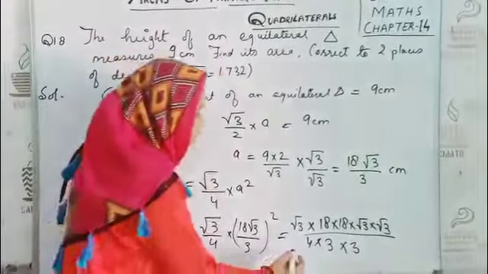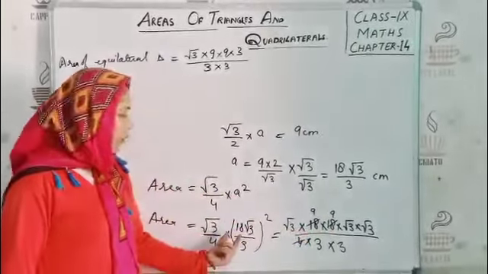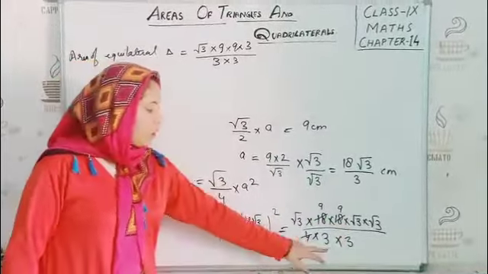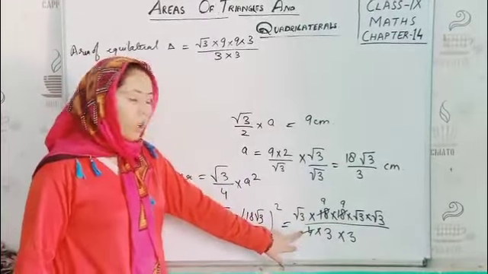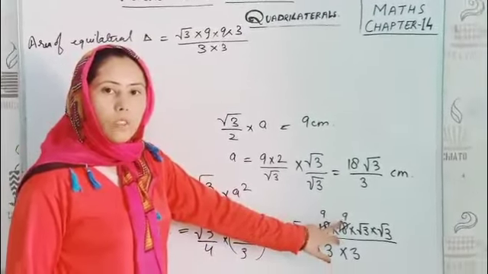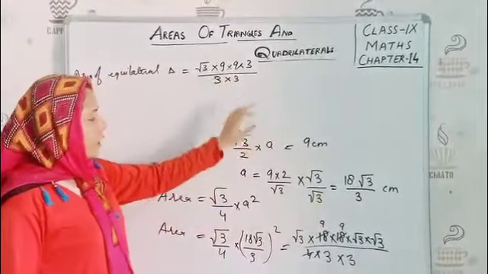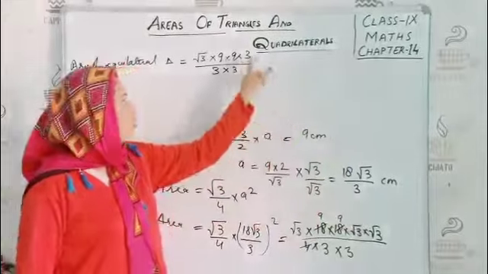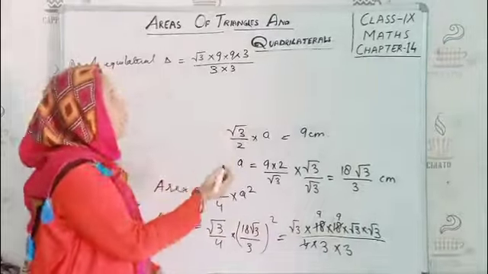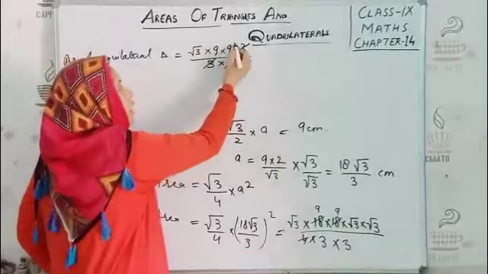We will solve this. So root 3 into 18 square is 2 times. Root 3 also squared, that means 2 times, and in the denominator 3 is there, so 2 times, and 4. Now 4, 2 twos are 2 nines are 18. Again 2 will cancel, it will be simplified. So 2 nines are. Now what is that? Root 3, 9 into 9. Root 3 into root 3 is 3. Square and root cancel. And in the denominator you will get 3 into 3. Okay. Now here 3 in numerator as well as in denominator will be simplified. And this one 3 is by this.